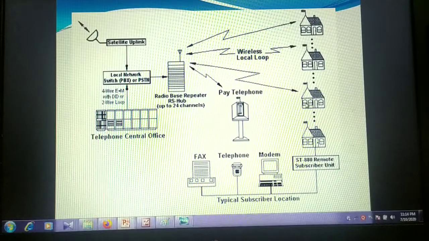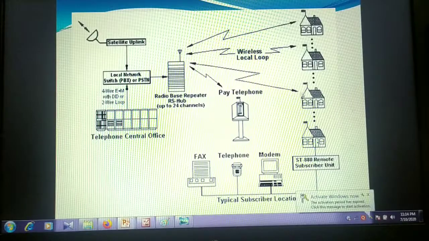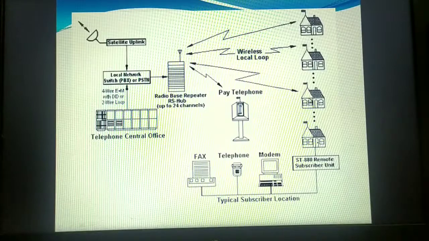Once it is free, then a wireless connection will be established between the source and the destination, and whatever connection is established, every connection will have to pass through the base station only. So again the signal will be sent to the base station, and when the wireless connection is established, any communication that takes place has to pass through this base station. This is how exactly the call will be established by using wireless local loop.